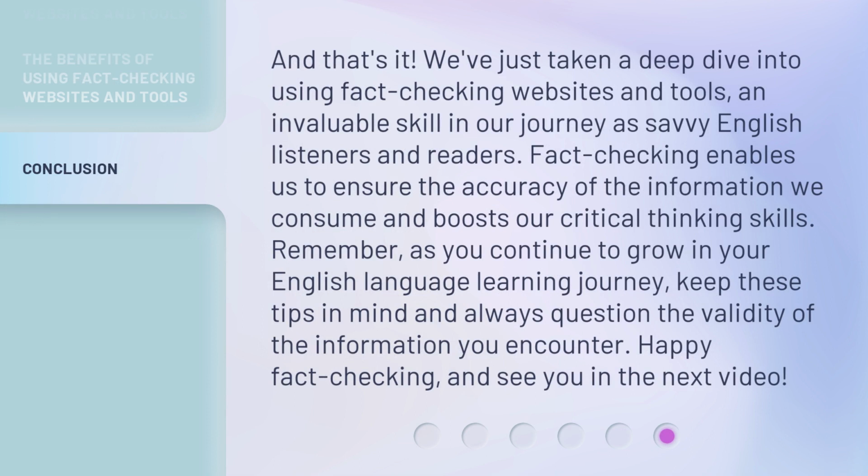And that's it. We've just taken a deep dive into using fact-checking websites and tools, an invaluable skill in our journey as savvy English listeners and readers. Fact-checking enables us to ensure the accuracy of the information we consume and boosts our critical thinking skills. Remember, as you continue to grow in your English language learning journey, keep these tips in mind and always question the validity of the